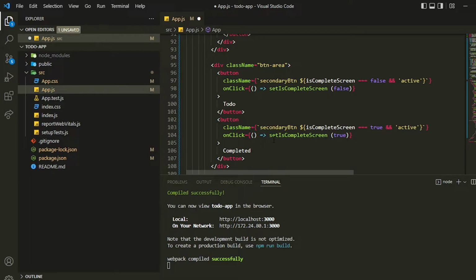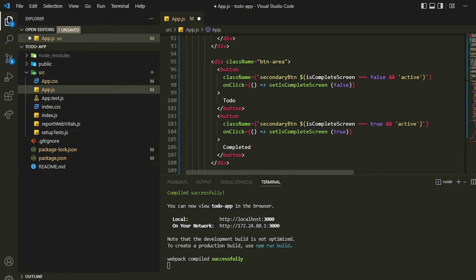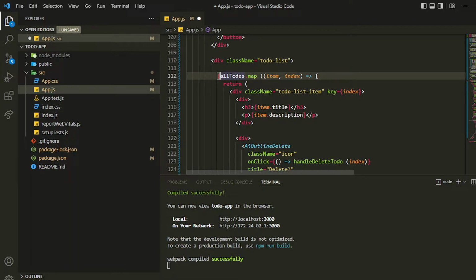Which means if we are clicking on this completed screen, then the completed screen state is true, and this one is false. So we are checking that, and then we'll render according to that. So we are checking is completed screen equals false. So if it is false, which means we are in the to do tab,